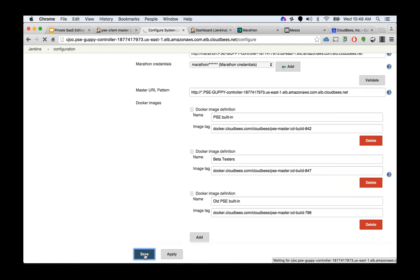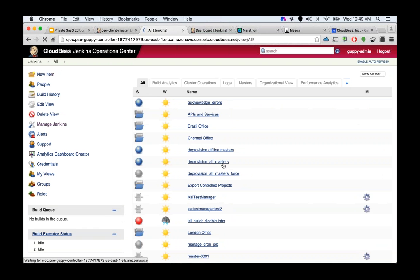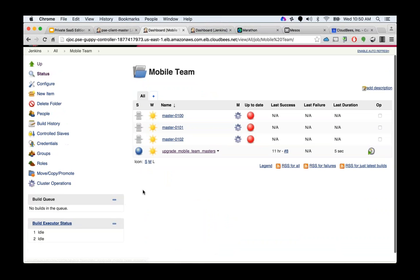And once that is done, Simon is ready to apply the changes to specific departments. So again, let's go find the mobile team here. And you can see that because Simon went and changed the global master Docker image version, these guys under the mobile team are now out of date, right? So these versions are no longer up to date. So again, Simon can now come in here, set up a job that looks like that, and essentially run it. And once the job is running here, let's see